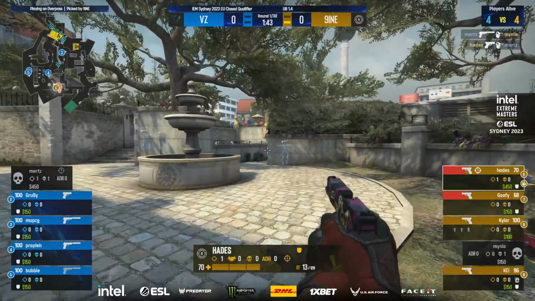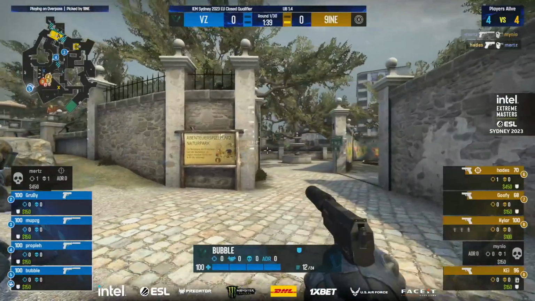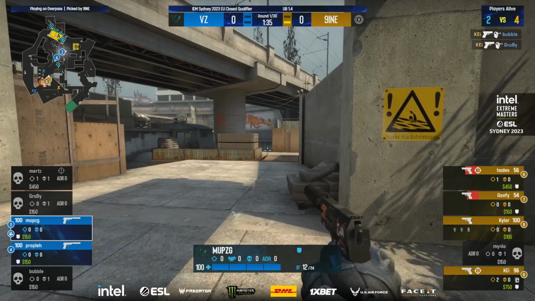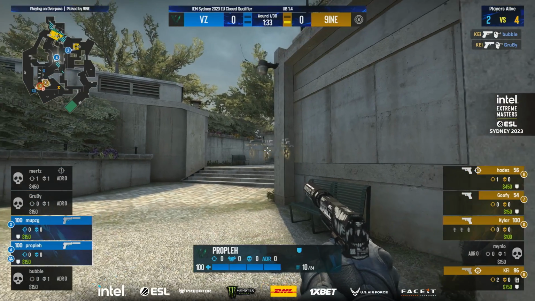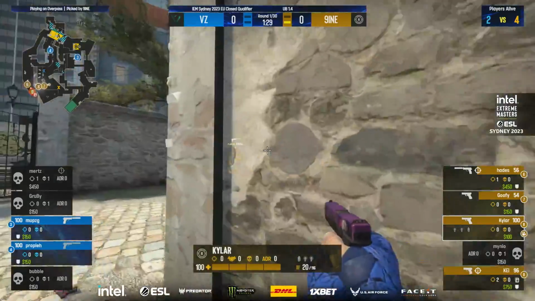I think the realism has got to show up here. 9 already involved in the pistol round. mertz actually going to strike with the opening kill, but Hades will take him down immediately in that mid face. Bubble makes his way around the corner, and Kai's going to cut him off, and GruBy towards long. 2 players left standing, 1 mid, 1 B, 4 on 2 again for 9,